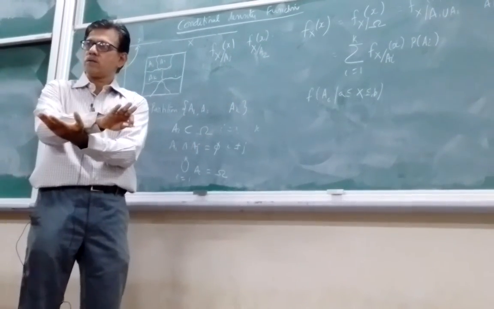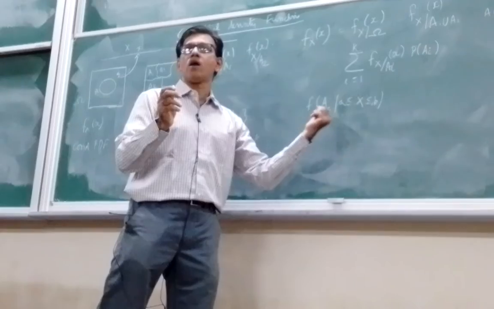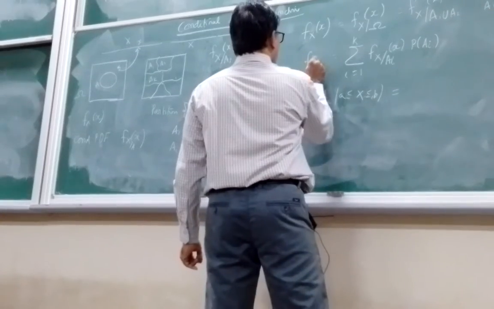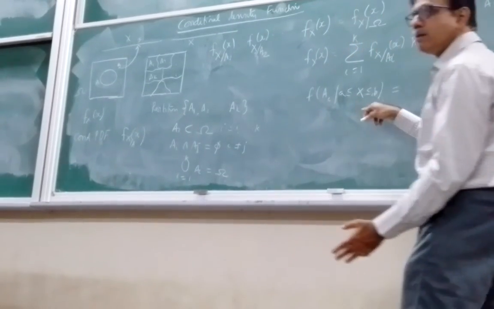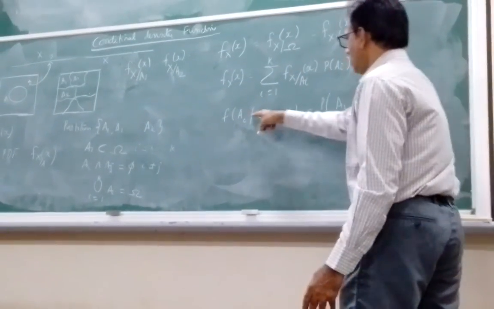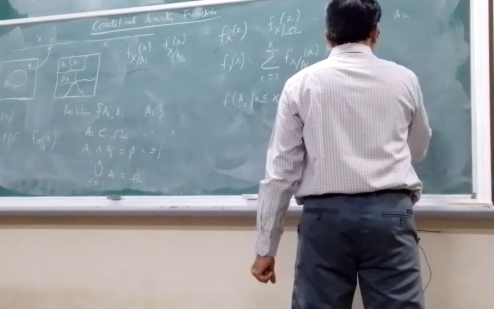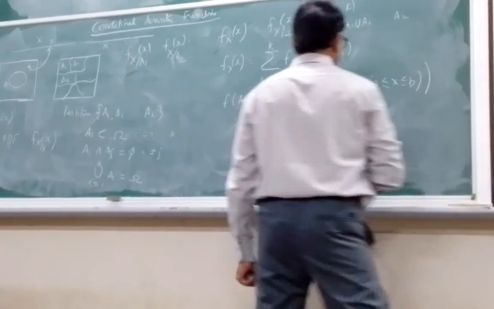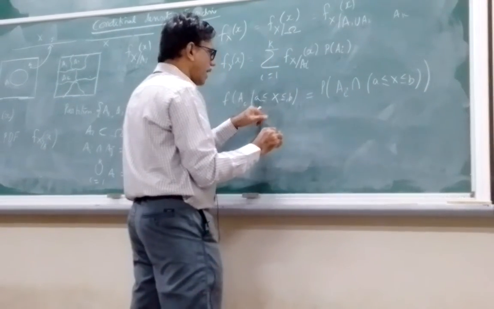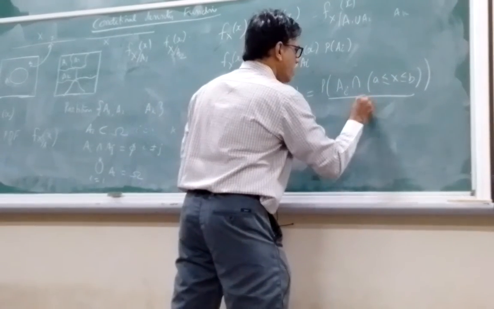Now you ask me the reverse question. Given that x lies between these two, what is the probability that a1 would have occurred or a2 would have occurred? Then how can you write this? This is A given B. So I can write it as probability of a1 intersection another event. There are two events, a1, ai, so ai, as well as this one. A given B can be written as ai and this event divided by probability of